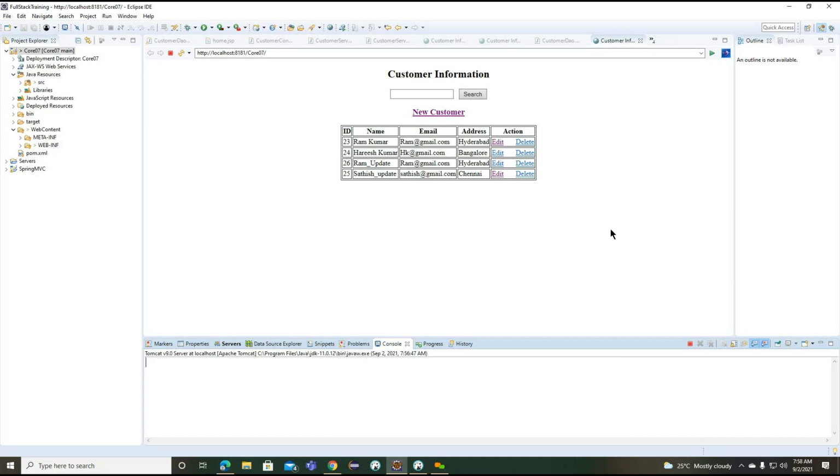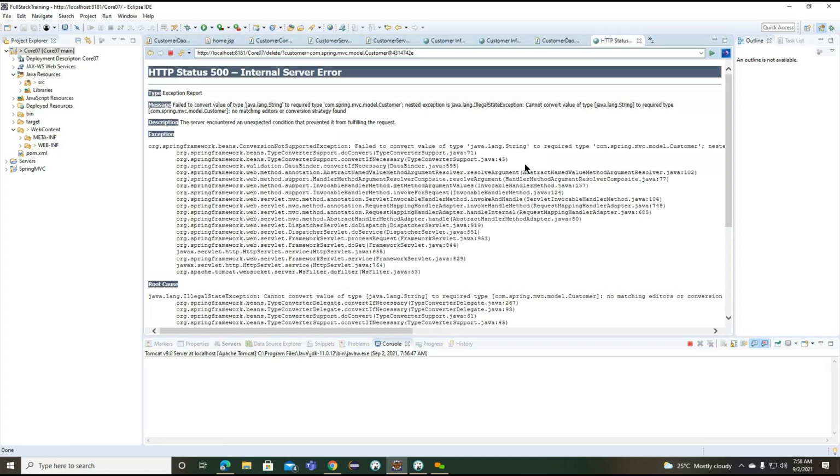Now we need to click on the delete button. Which one can we delete here? The 26 record we can delete, the same record we have here. So let me click on delete. Oh, we are getting an exception here. Class conversion not supported exception, I think.